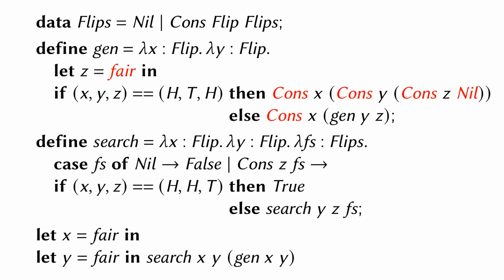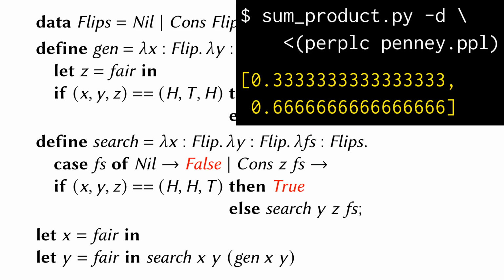The first function generates a list of flips until the first pattern eventually appears. The second function searches this list to see if the second pattern ever appears. The intermediate data structure that serves as the interface between the two functions is a list of flips. The final result of this program is false if the first player wins and true if the second player wins. Lo and behold, the second player can always gain the upper hand by choosing the second pattern strategically in response